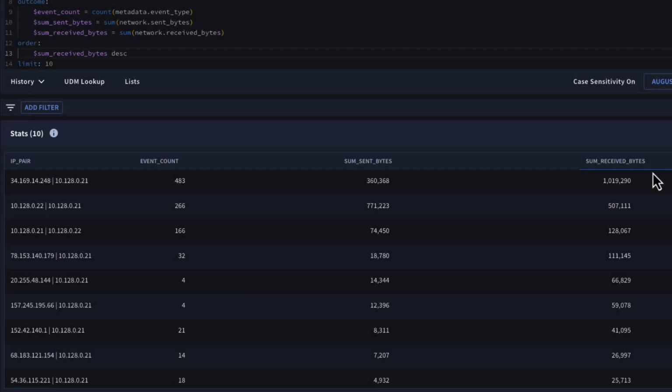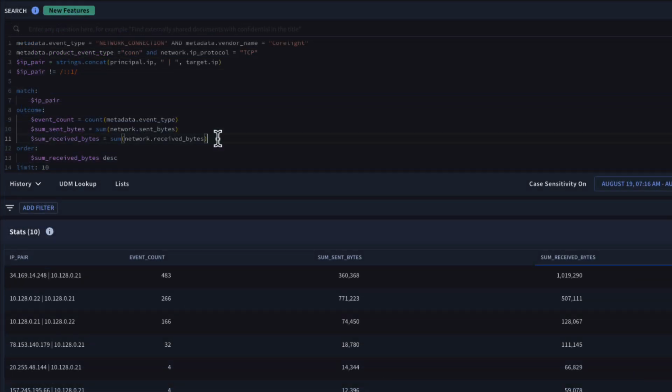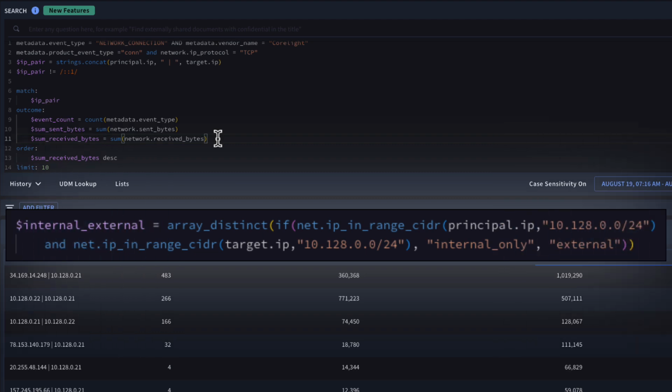Now in our results, we have 4 columns: the IP pair, the number of events that match this IP pair, and the sum of the sent and the sum of the received bytes between these two IP addresses. This is looking pretty good, but perhaps we want to add some sort of explanation for each row to denote something about our data, like, is this internal only or does it include external addresses? We could use the